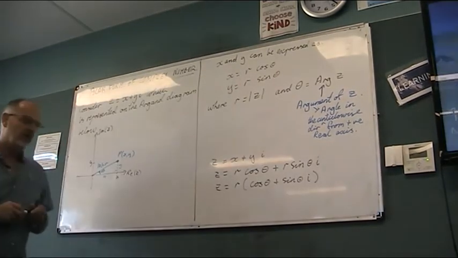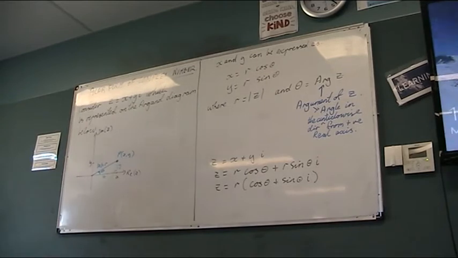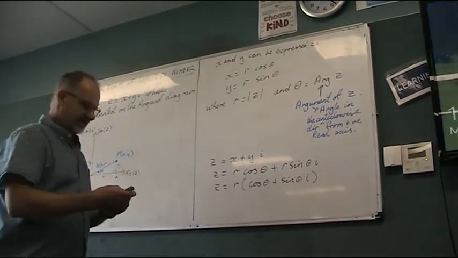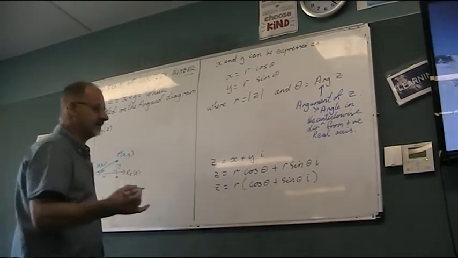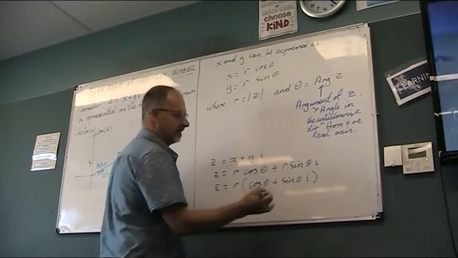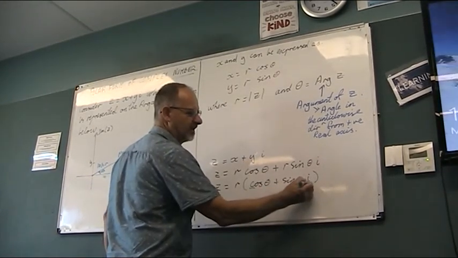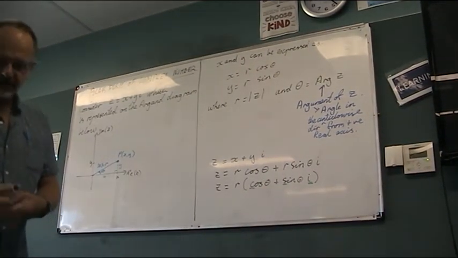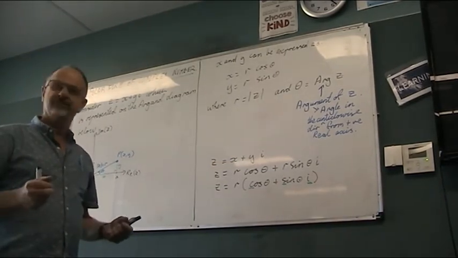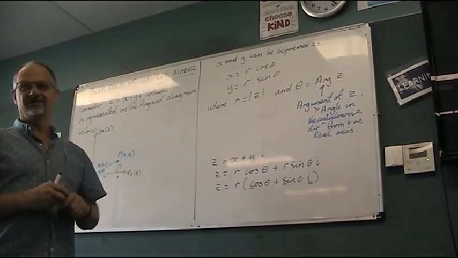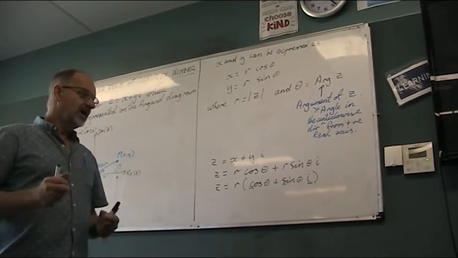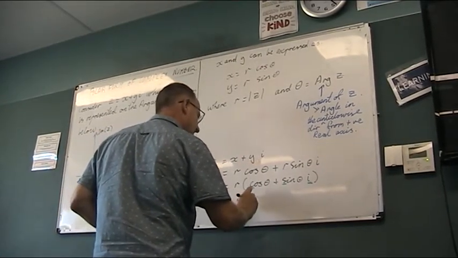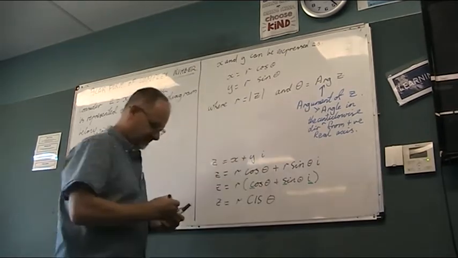And when we do that, we've got cos theta plus sin theta i. Now, if we take the c, the i, and the s, and just use those letters instead of the shortened versions of cosine and sine, we can write z equals r cis theta, where